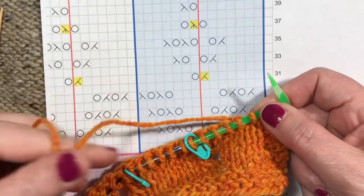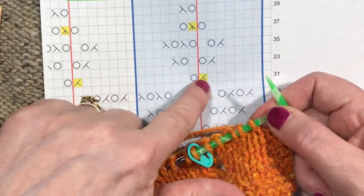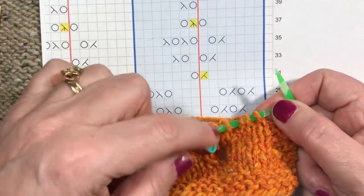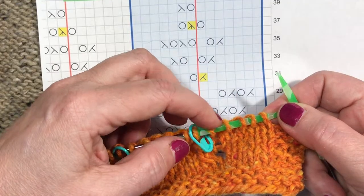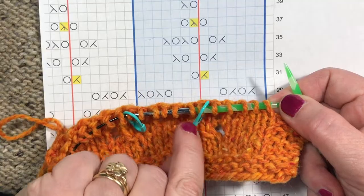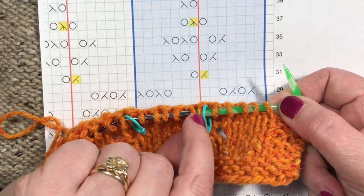What's going to happen is I'm going to be taking away a stitch here, but I still want to have 5 here because the number of squares doesn't change. So it's not 5 in this chart, but for my sample it is. So I'm going to go 1, 2, 3, 4, then I'm going to decrease, and the decrease is going to take the stitch before the marker and the stitch after the marker. So I'll still have 5 stitches there because I'm going to make the decrease and then move the marker over